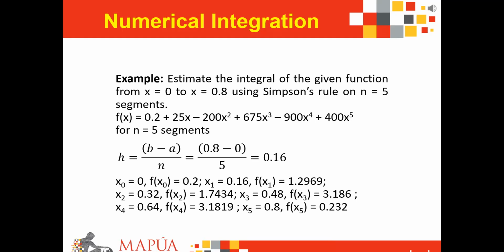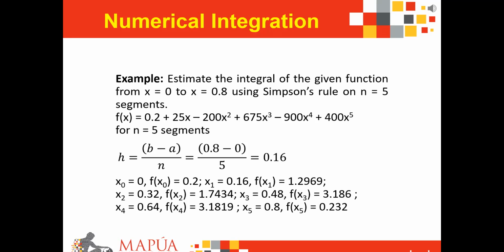If we then establish the important values of x needed for your integral estimate, you'd end up with an initial x0 value of 0, which is your lower limit, plus x1, which is 0.16, plus x2, which is 0.32, plus x3, which is 0.48, plus x4, which is 0.64, and finally, all the way to x5, your upper limit value, which is equal to 0.8. Substituting these important values of x onto your given function gives us an f(x0) equal to 0.2, an f(x1) equal to 1.2969, an f(x2) equal to 1.7434, an f(x3) equal to 3.186, an f(x4) equal to 3.1819, and an f(x5) equal to 0.232,